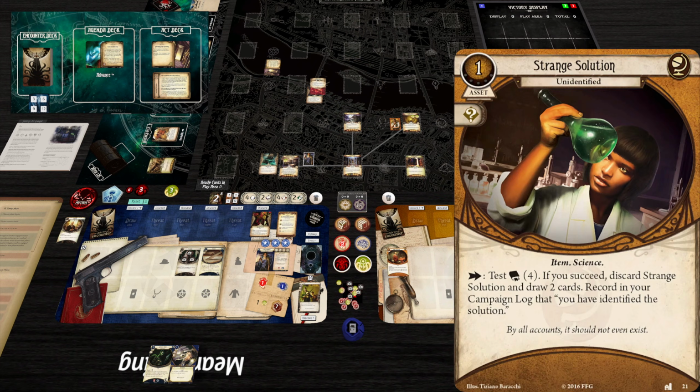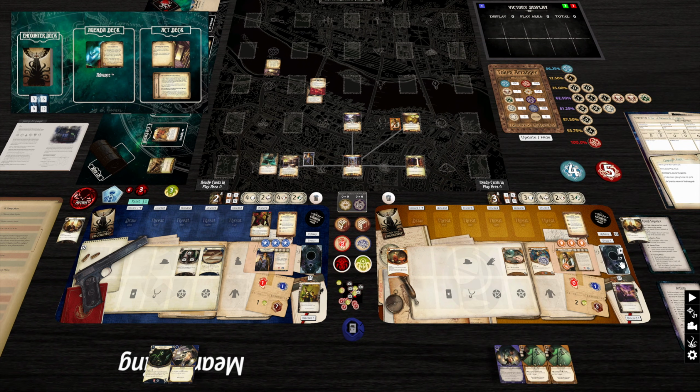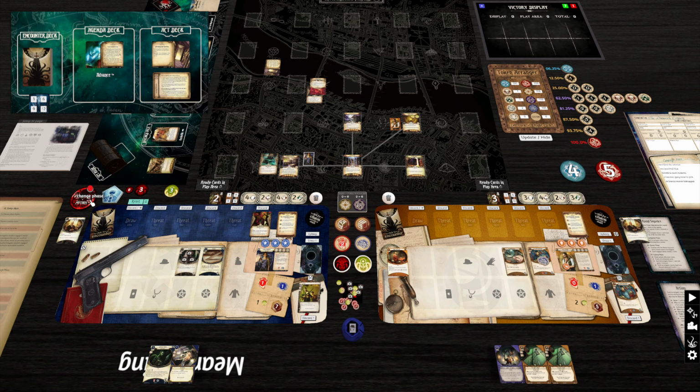Oh, one of our strange solutions. It's the unidentified one. Fantastic news. A deduction, a perception, a ward of protection, that's nice, and our other Dr. Milan Christopher. All things considered, lads, not a bad discard, not the worst punishment I've ever had in my life and in the game. Moving on with a bit of a pep in our step,